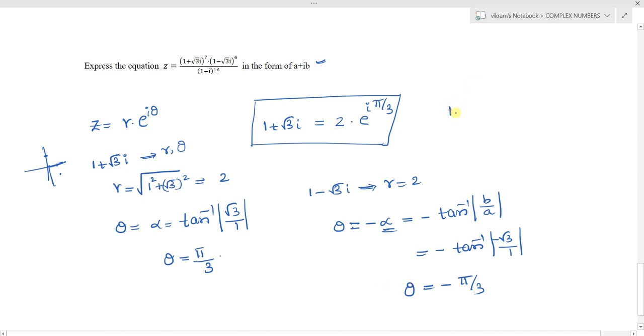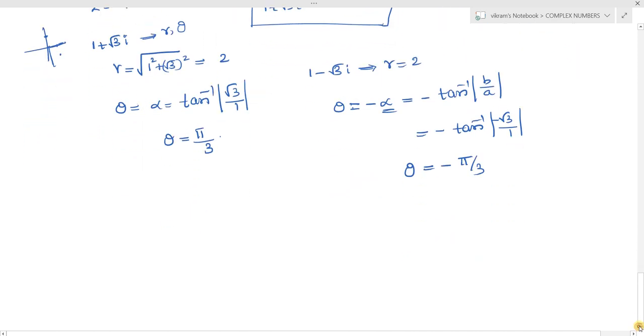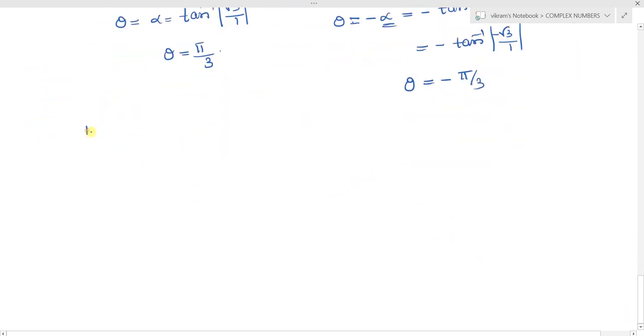So now we can write 1 minus root 3i in Euler's formula as 2 into e power minus i pi by 3. Okay, this is another complex number in Euler's formula. Now if we simplify next, what is (1 minus i) whole power 16? Now try to find out 1 minus i, represented in the r into e power i theta Euler formula. So what is r? r equals the square root of 1 squared plus minus 1 squared.